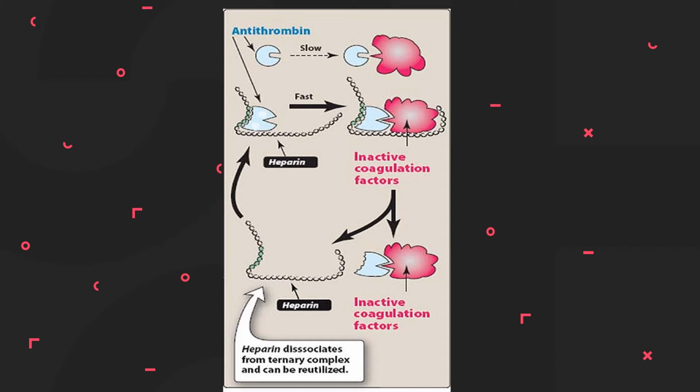What happens then, when the clotting factors are inactivated, is that heparin dissociates from this complex and can be reutilized. Children, this mechanism of action is very important and often comes in your exam, and it's better to write it in a flow chart or with the help of a diagram. Remember one thing, always attempt the answer in points, bullets, or flow charts. It's a score-gaining process.